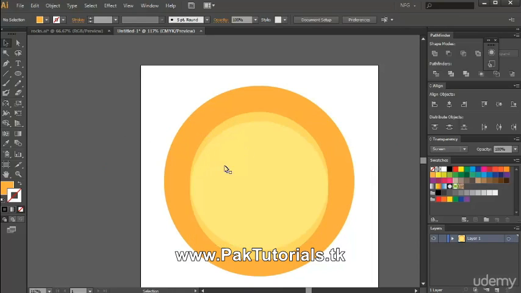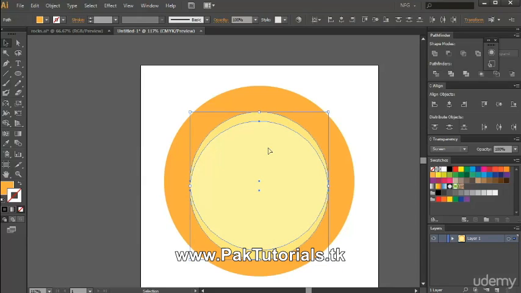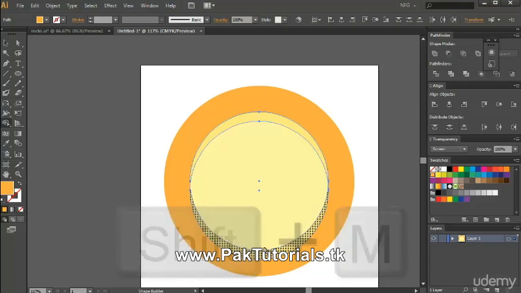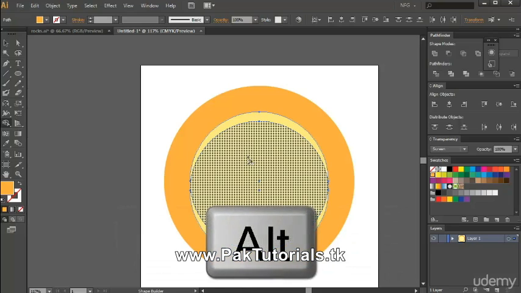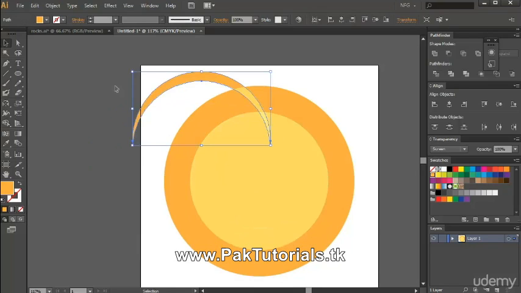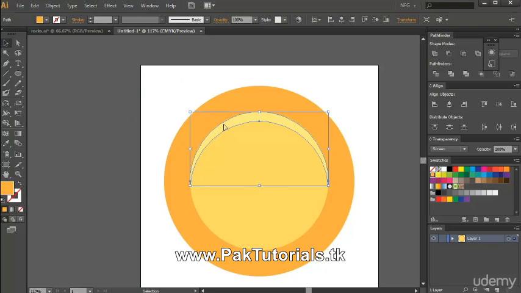Okay, and then we're gonna copy both again. Press Control C and then press Control F, and then we're just gonna remove this part right here so that we actually have a highlight right here. So press Shift M and then press Alt, and we're gonna remove this part completely like so, and then remove this one again. So as you can see, we've actually created the shape, and you can move it up,